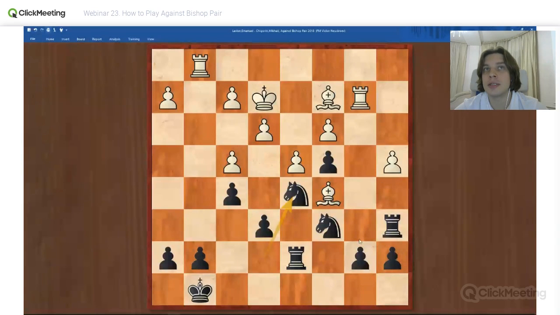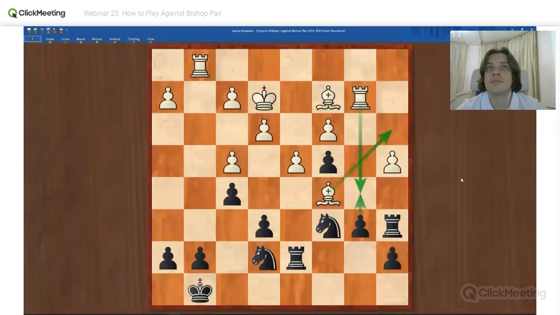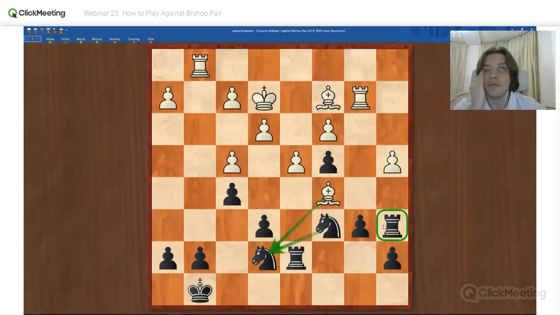I'm not sure about b6 in this position. So here b6. Why? Because it makes our rook a bad piece. So for example, b6 now. Then what? If bishop a3, then of course. Actually, bishop a3 can even be played because b5 cannot be played. Rook b5. But now we are playing without a rook, so he can even take knight takes and what? The rook is on a6 or a5, so it's not so good. Okay.